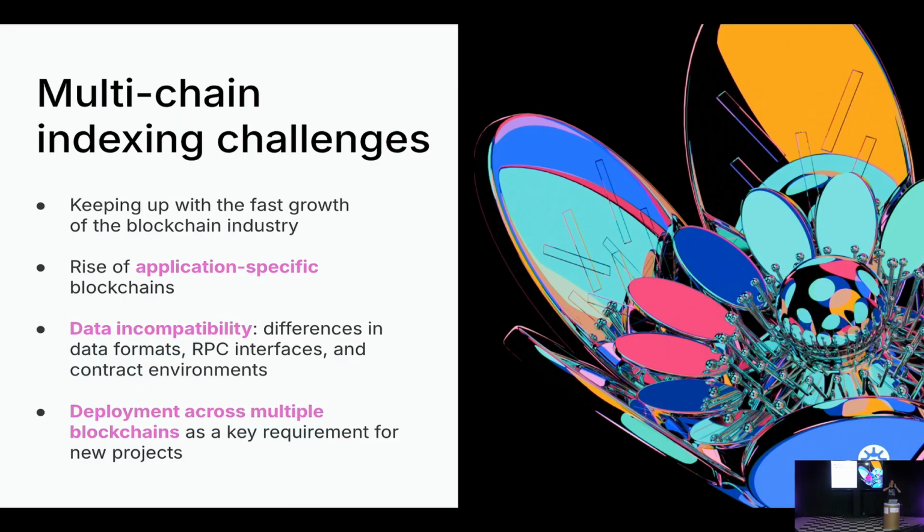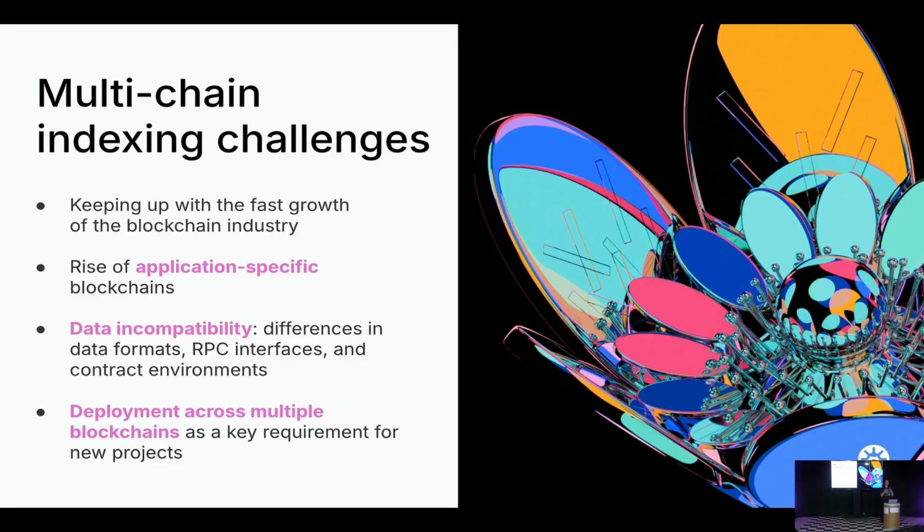So we are here to talk about multi-chain indexing. So far I was discussing mostly indexing in general. And when something is multi, it often means it's more complicated, and it's also the case with indexing. There is a rise of blockchains that are application specific. They're very different from each other, right? We have parachains in Polkadot, zones in Cosmos, we have the Optimism stack, and so on and so on.